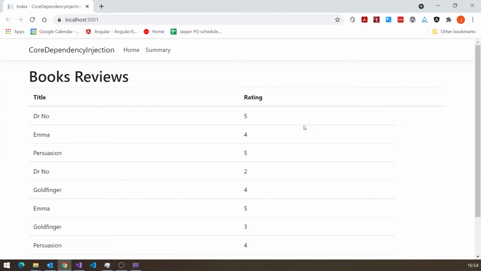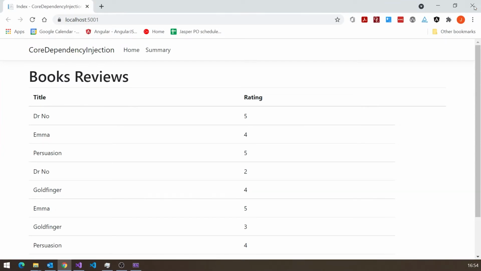It means if we had multiple different classes implementing that same interface, it would just be a configuration change in here to say which one was going to be used. So we could have a completely different type of repository that maybe got the data from a web service rather than directly from a database. It would just be a configuration change as long as it conformed to that interface. But once we've done that, then we can see that that is behaving in the same way.